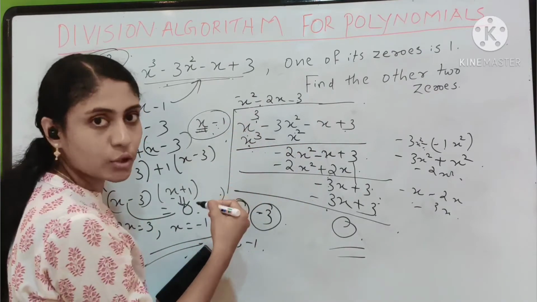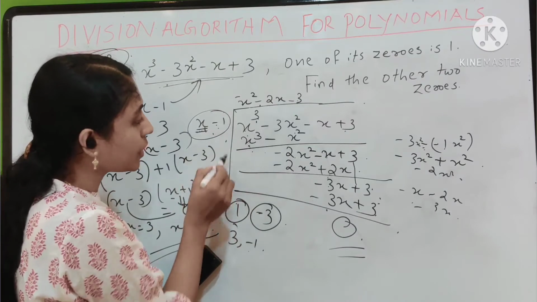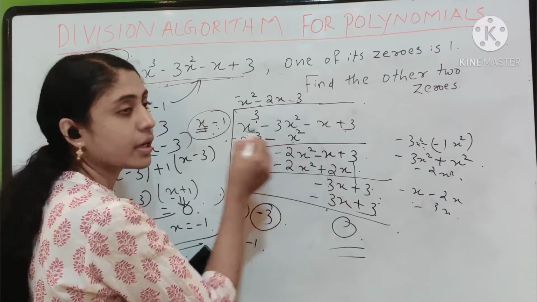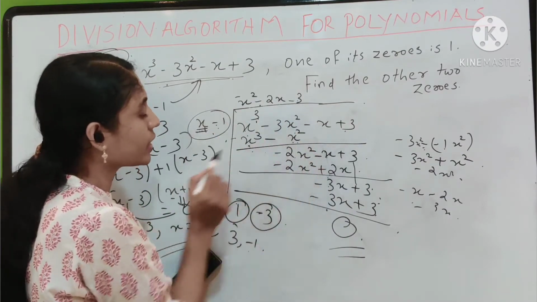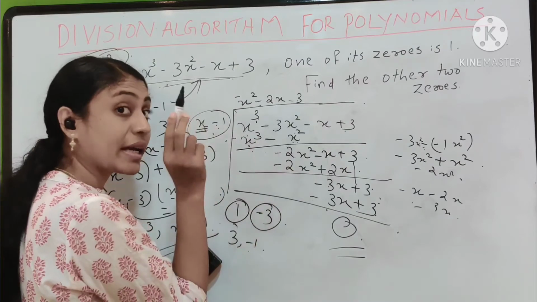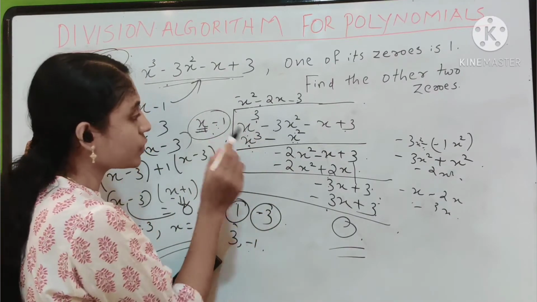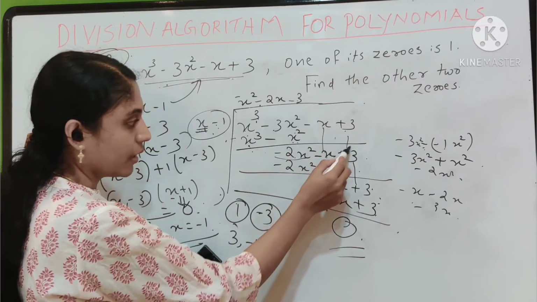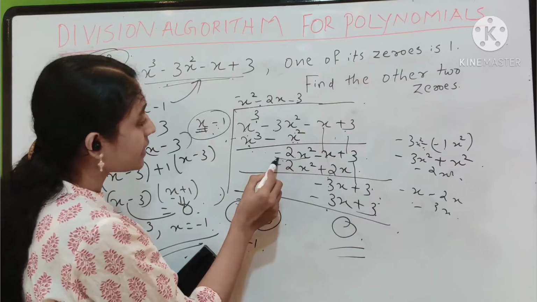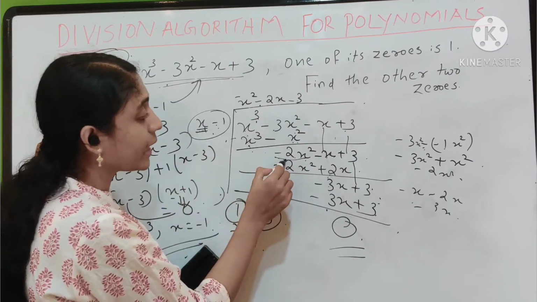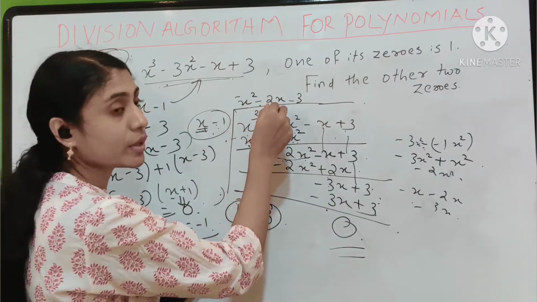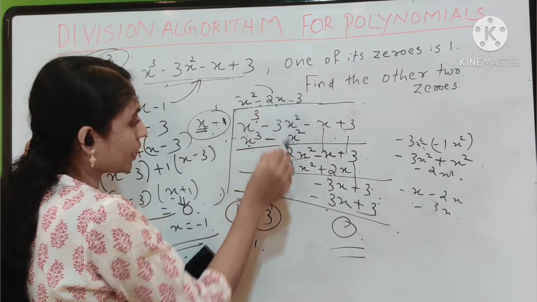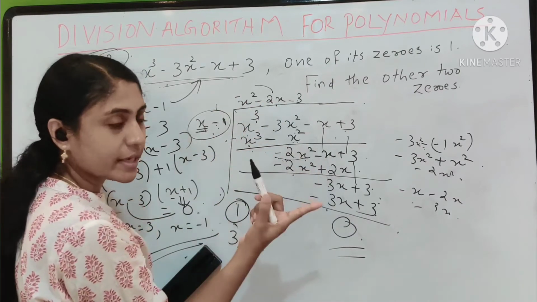Now we have to cancel this cube term, right? So in order to cancel the x cube term, you have to subtract this. Do the same procedure for the x square term also, so that minus 3x square minus of minus x square, minus minus becomes plus. So minus 3 plus 1, it is minus 2. Minus 2x square, then the remaining two terms we write down. Okay. Then next is minus 2x square: x into minus 2x is minus 2x square, right? And then minus 1 into minus 2x, that is plus 2x, minus minus becomes plus.